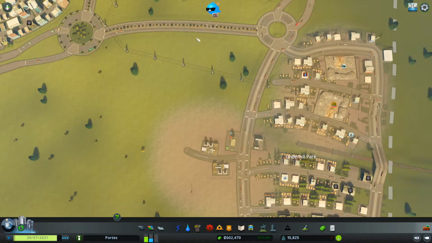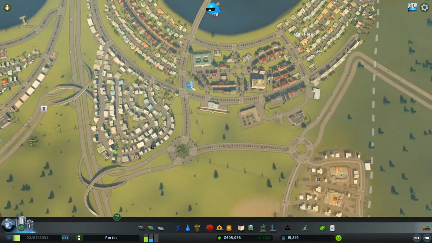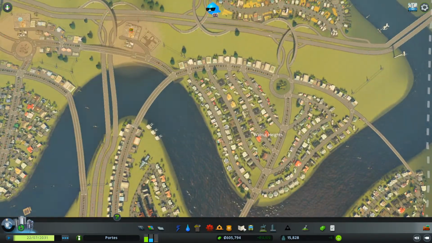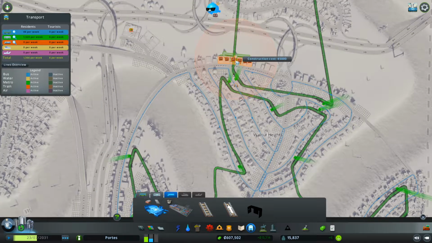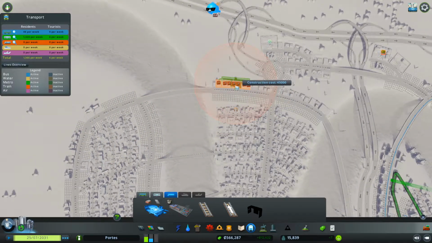This train line will come in from the outside, connect into there, and then this one will go across the river and up here to this train station. So let's place down the next train station there. Should we do it in the middle of the metro line? Let's off-centre. The next train station will go here,